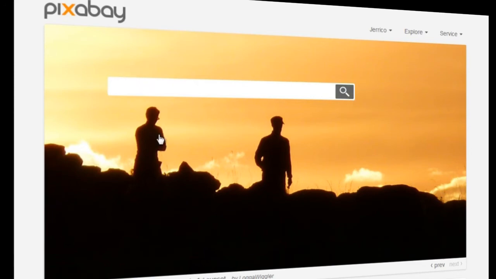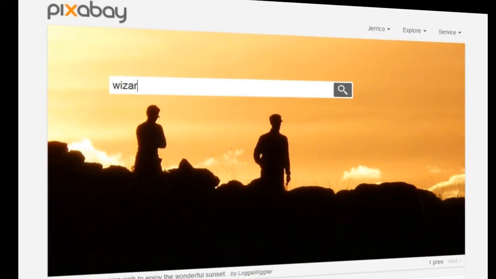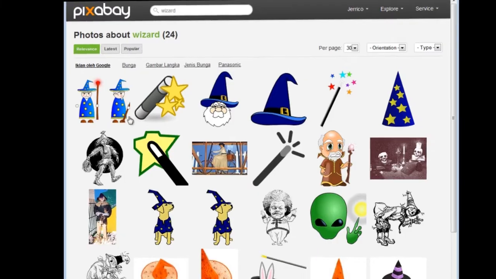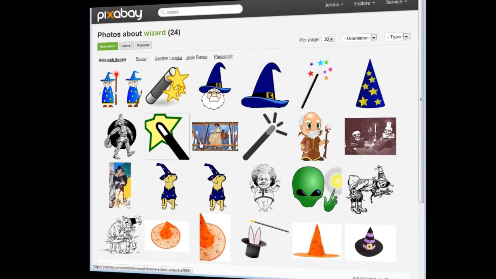The site is incredibly easy to use. All you have to do is enter a keyword and it will find pictures that match that keyword based on the tags that the photographer put in there when he uploaded the picture. Type in wizard. As you can see, it's going to bring back all kinds of wizard hats and pictures that you can use. You're going to want the picture to be stunning to the reader,